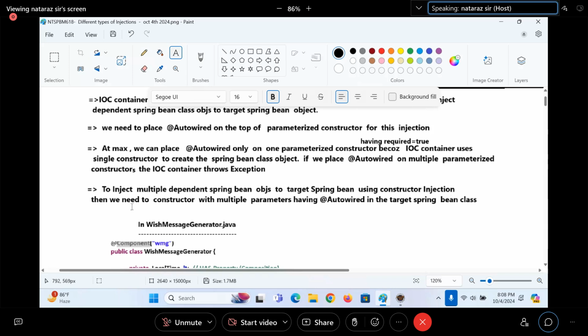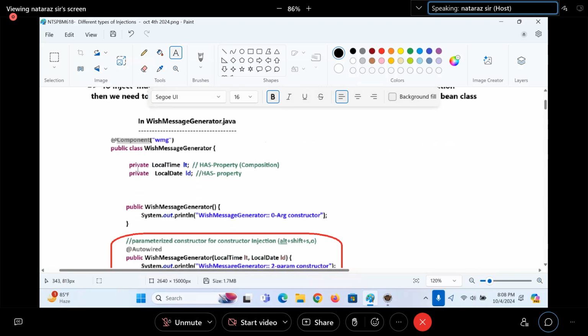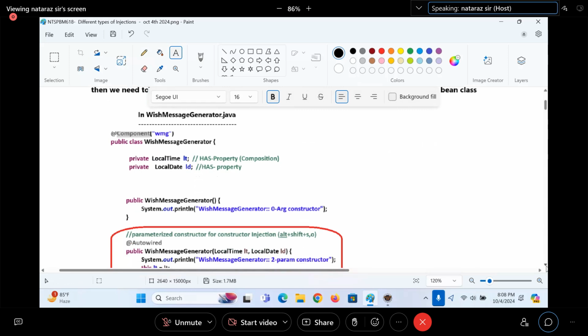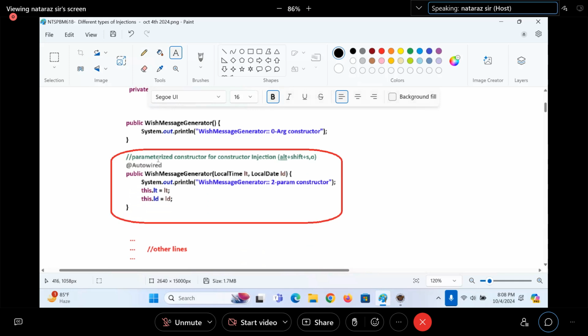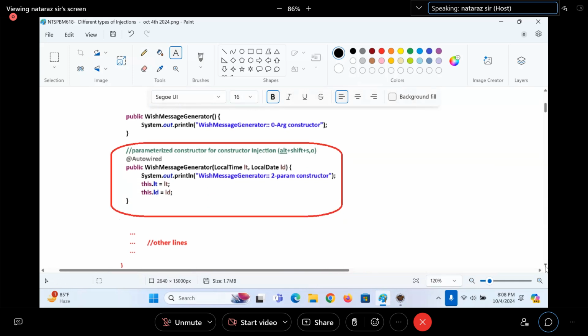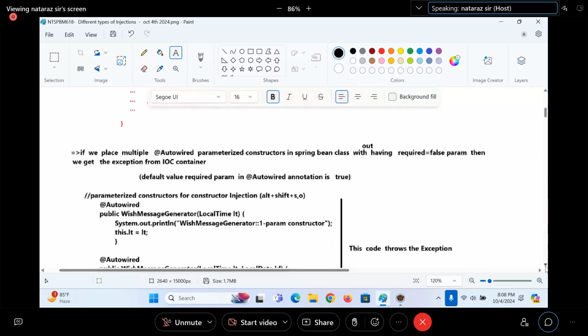We need to take a constructor with multiple parameters having @Autowired in the target Spring bean class. Okay, observe. Two properties are there, no @Autowired. But on the parameterized constructor, I kept @Autowired or not, guys?